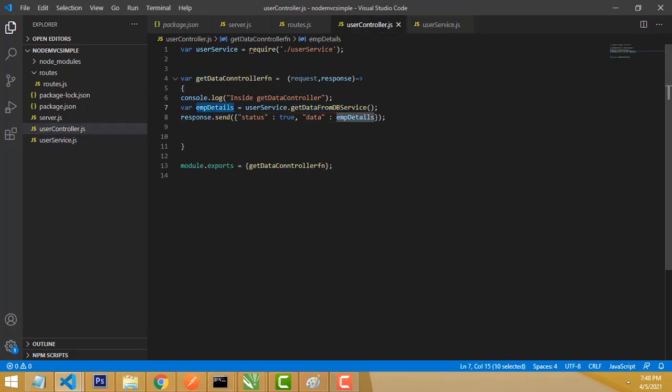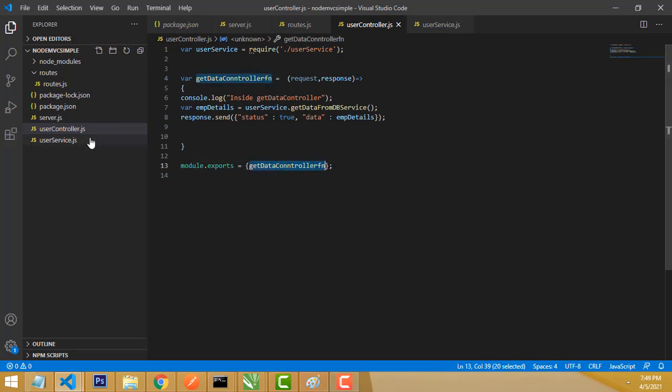After that we have to write response.send, get the request and response.send status true. This is called a JSON format. This data, the data we have loaded, all the employee details data, will be coming here. You are assigning the values available to this variable, you are calling here, and it will be sent to the response. Okay, so all these things will be exported to outside, so you have to call module.exports, right? This is the thing you have to write.